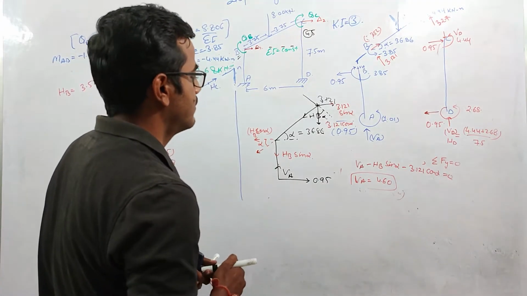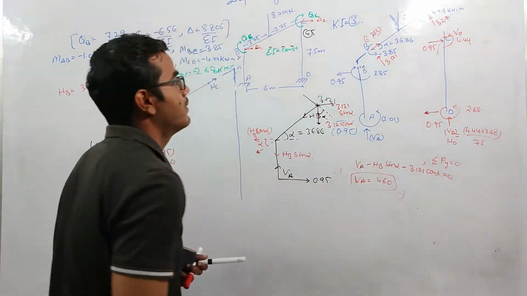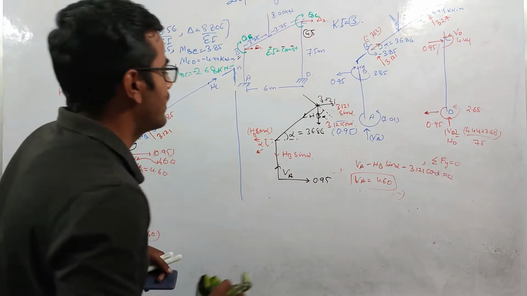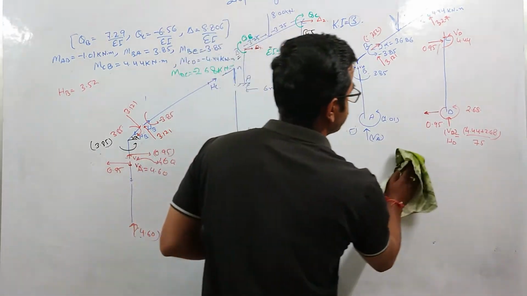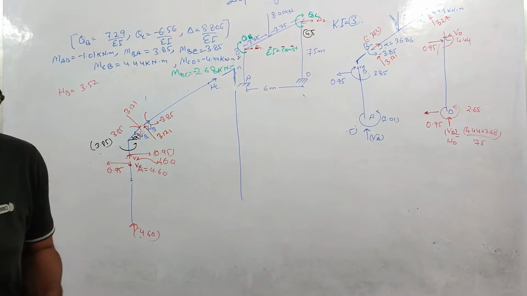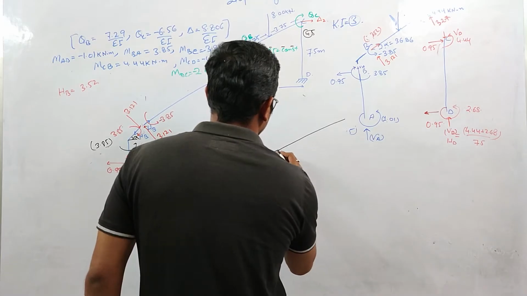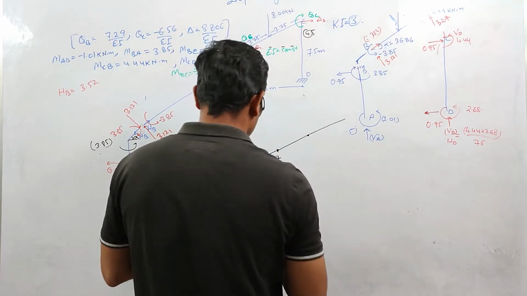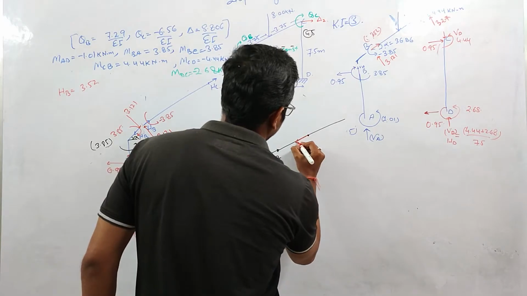So this thing is done. Now we have calculated the axial force in this member, axial force in this member, right? Now we'll look at this inclined member. At this inclined member, I am just showing the horizontal forces. There is one force 3.52, and here the component of this 8 kilonewton load acting along this beam